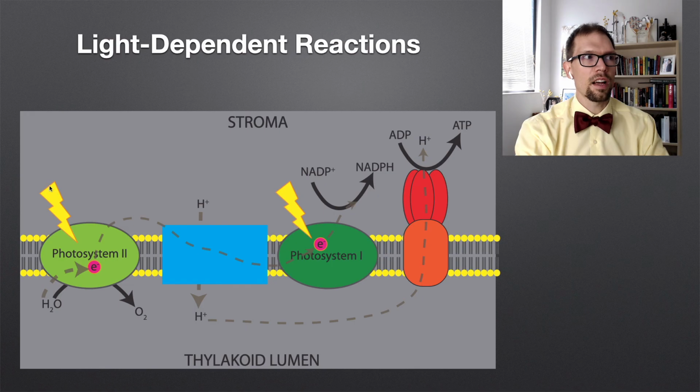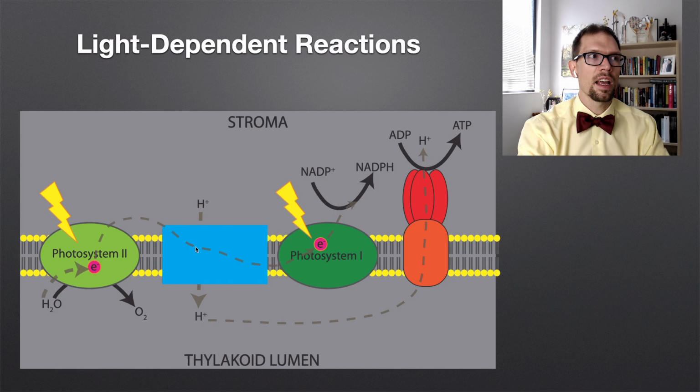So first off, a photon of light comes in. The photosystem 2 is going to capture this light energy, and this light energy is going to bounce from one molecule to the next in the photosystem until it ends up in a chlorophyll molecule of the reaction center. Once it's in the reaction center, it's going to excite an electron. So that energy gets passed on to the electron. The electron is going to be excited, and it's going to leave the photosystem 2 and pass through a series